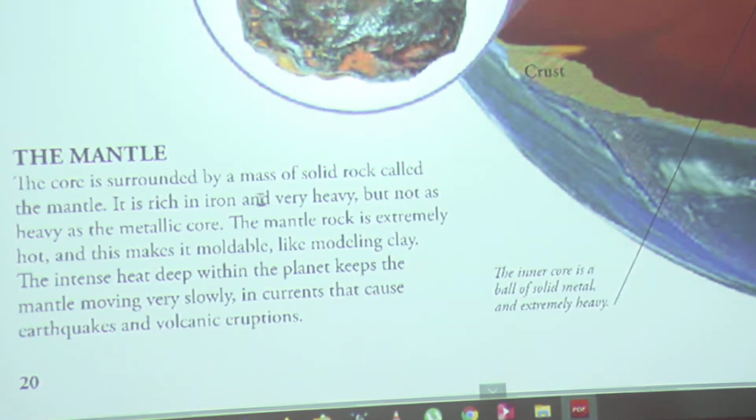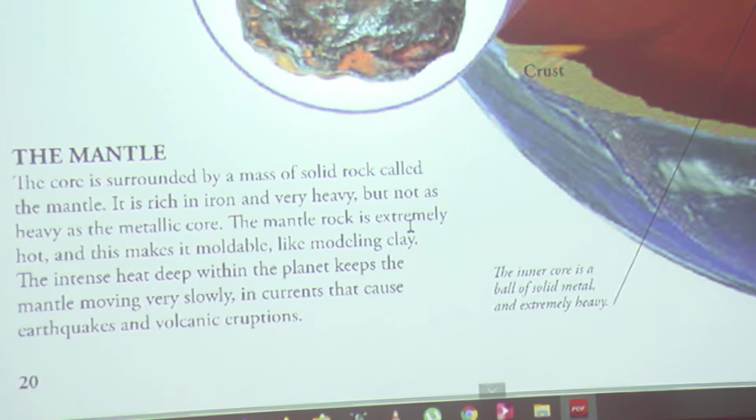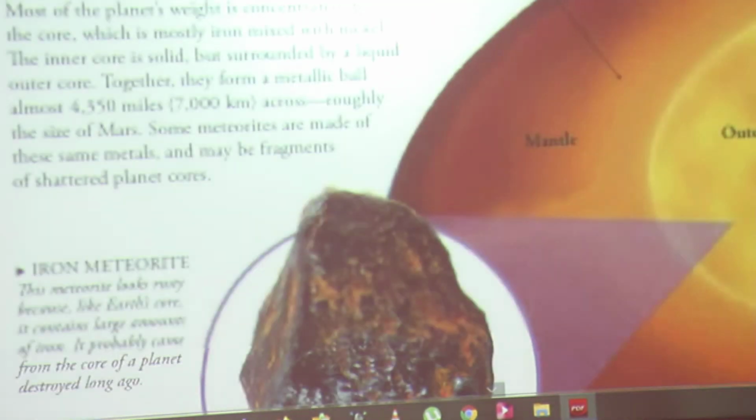The core is surrounded by a mass of solid rock called the mantle. It is rich in iron and very heavy, but not as heavy as the metallic core. The mantle rock is extremely hot, and this makes it moldable, like modeling clay. The intense heat deep within the planet keeps the mantle moving very slowly in currents that cause earthquakes and volcanic eruptions. So basically, as you can see here,